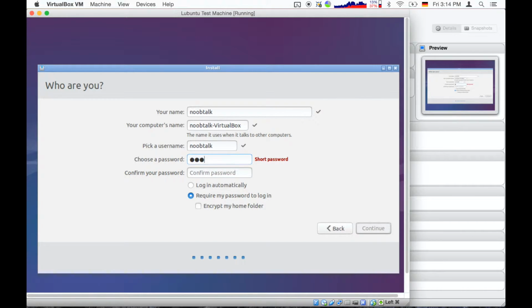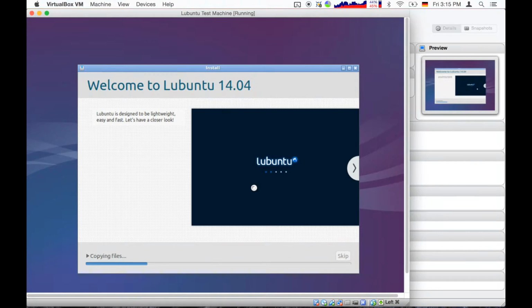Password 123456. And this is actually surprisingly considered a fair password here. And we log in automatically. It is not really like a high-risk environment. So, and now it's actually installing,